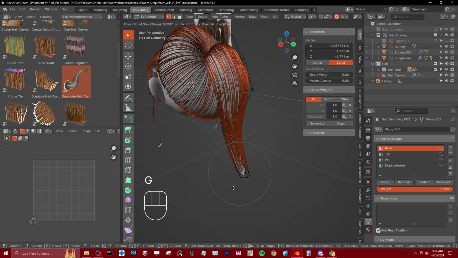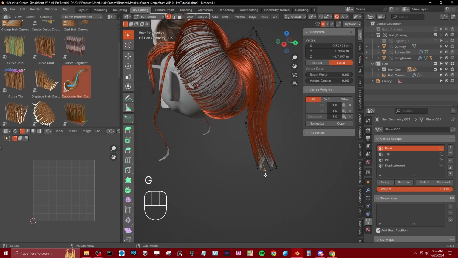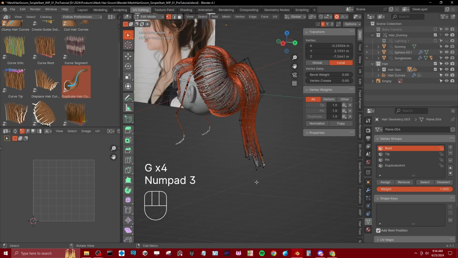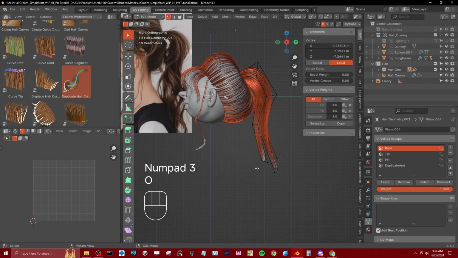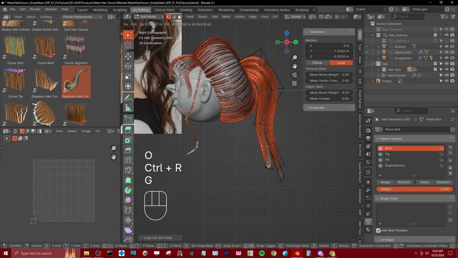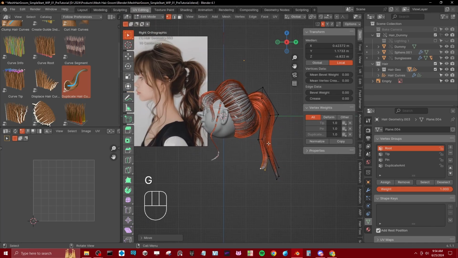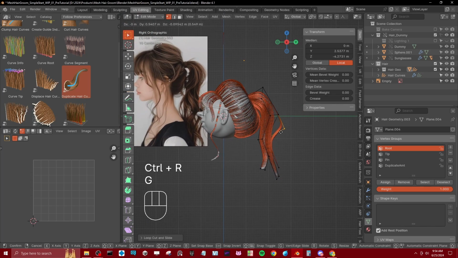Turn on symmetry so we can kind of pull these apart. Should probably turn on the mirror mod actually. Anyway,